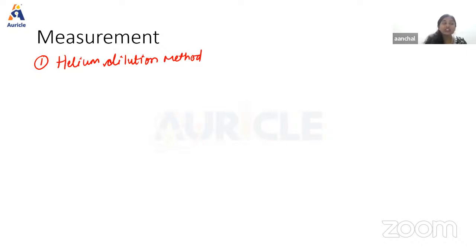Once we reach equilibration of helium between the respirometer and lungs, the concentration of helium in the respirometer is determined